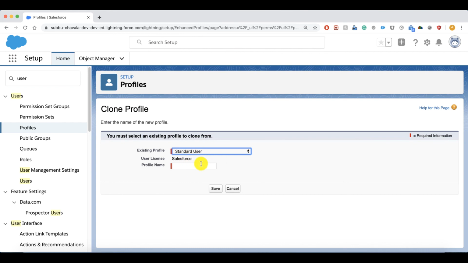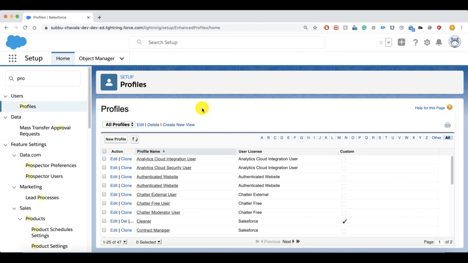So over here we don't specify the license type, but when we start creating permission sets, it asks for which user license you want to create this permission set. So this permission set can only be assigned to users on that particular user license, but it's not compulsory to mention the user license each and every time we are creating. But once you assign the user license, you cannot change it.